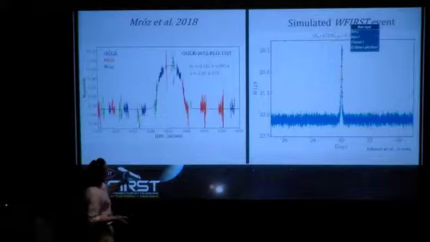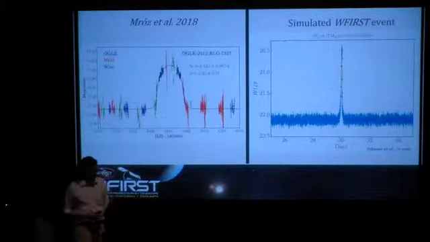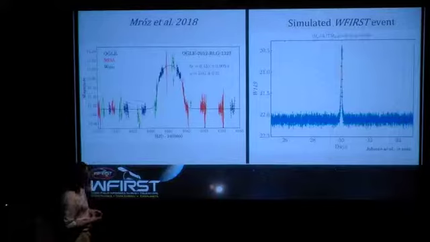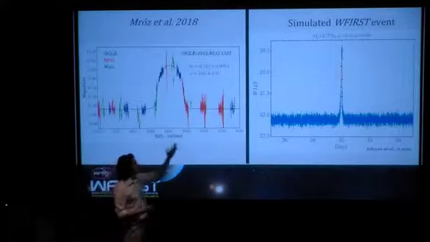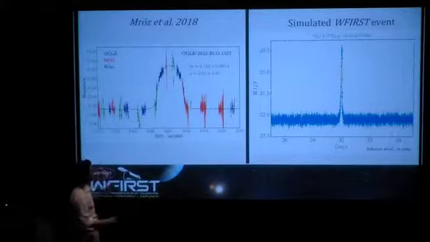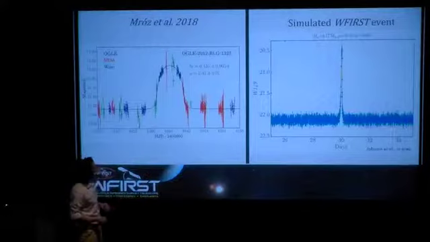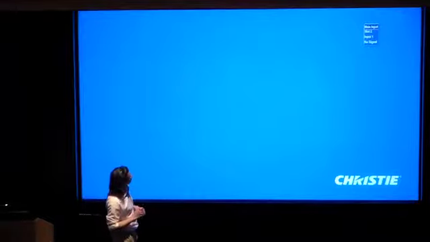Okay, so we've seen this plot a few times now of a recent free-floating planet candidate that showed strong finite source effects and a very long, few-day timescale. That's on the left, and then on the right is a simulated WFIRST free-floating planet candidate on the same baseline of about 10 days. The source and the events are different magnitudes, but we can see the difference.